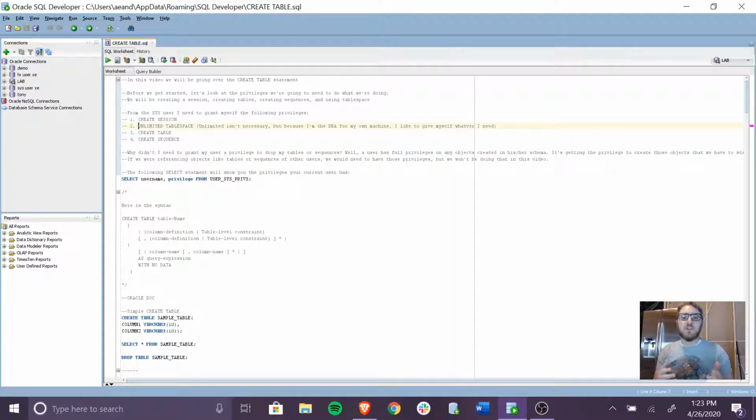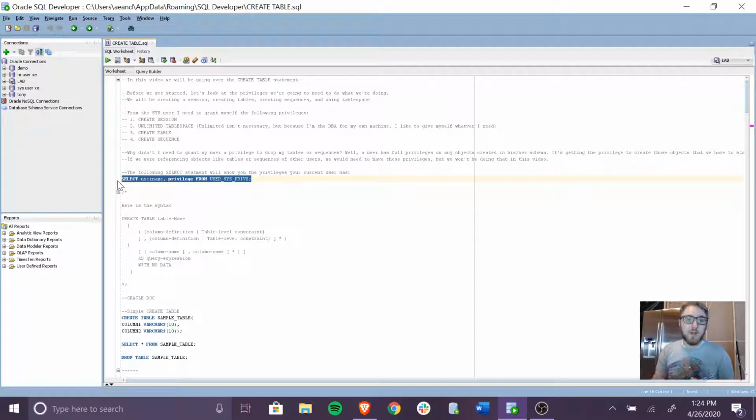But we're actually not really going to get into that because you're not often going to be creating a table in another user account, and we can get into that more specifically in a different video. But let's get started. And we can actually really quickly, so one great thing about SQL Developer, if you haven't used Oracle's SQL Developer program,